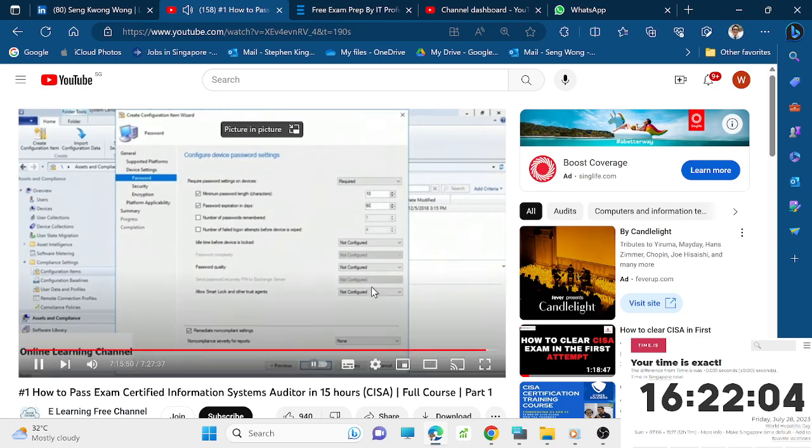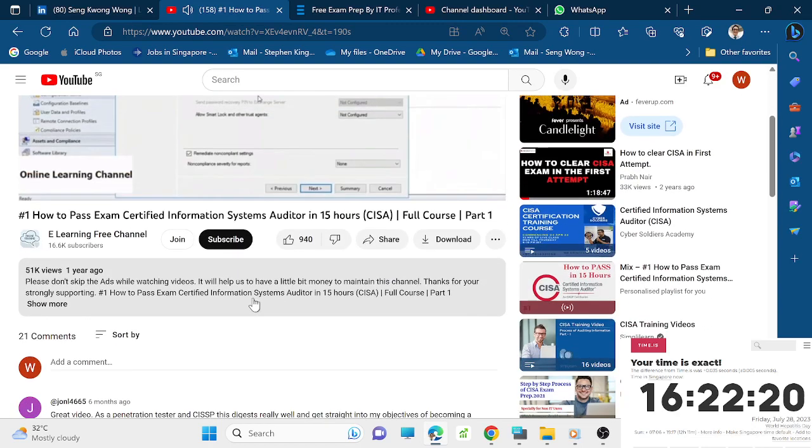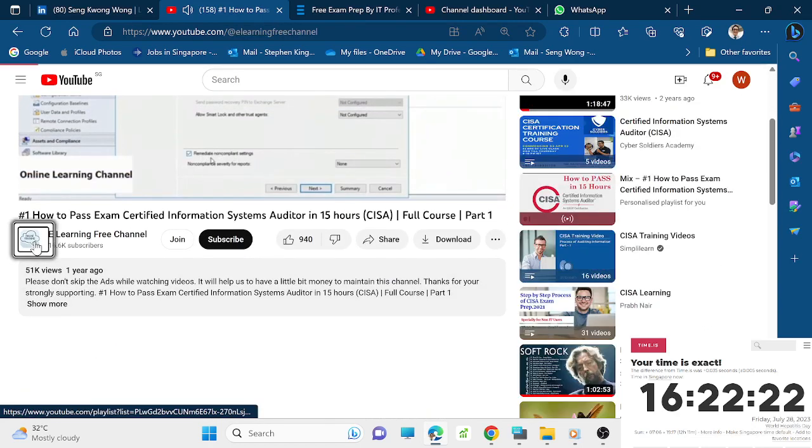Of course, as an IS auditor, we would check that these are set in an acceptable way in accordance with policies. So we could go through and specify all of the details related to this. So I'm going to choose, let's say, alphanumeric with symbols for password quality or complexity. And notice here we've got